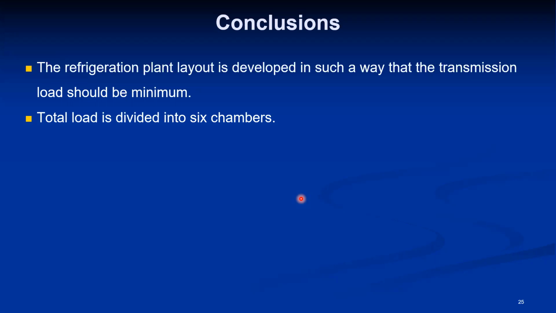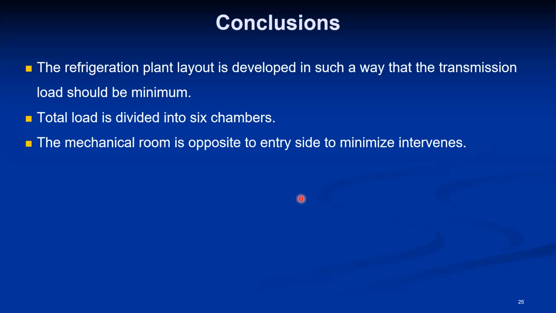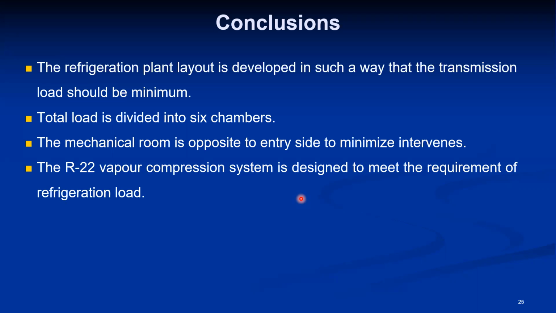So uniform distribution will make sure that we can adjust the load during the low demand case. Means, accommodating almost 1/6 capacity, we can run the system. So better flexibility is there. The mechanical room is opposite to the entry side to minimize the interference. Obviously, because the entry region is totally on the opposite side, that will help us for loading and